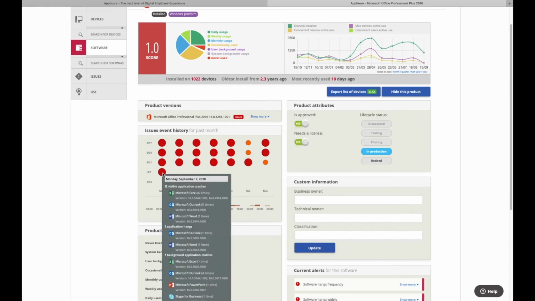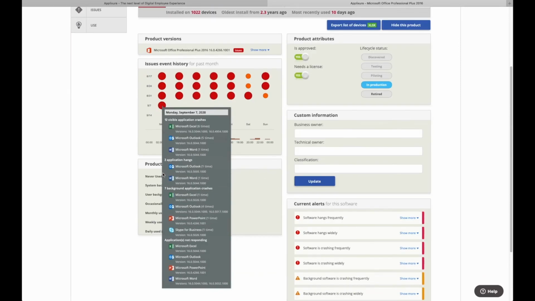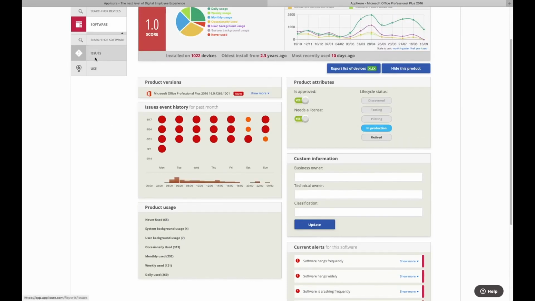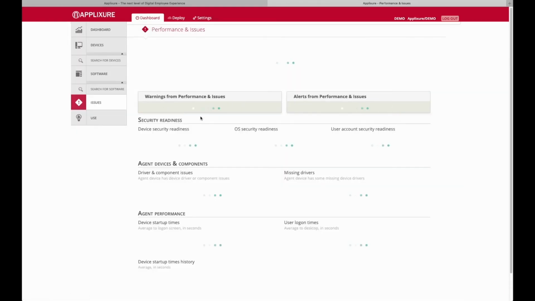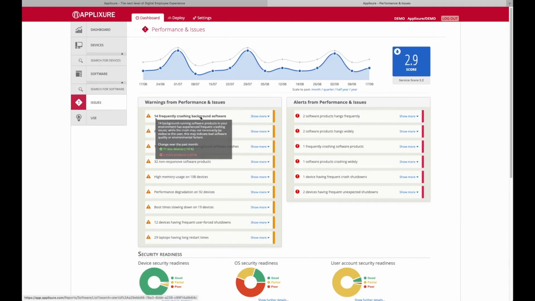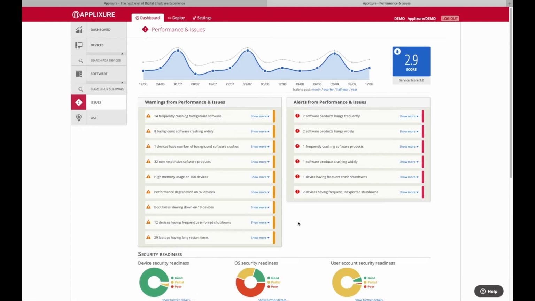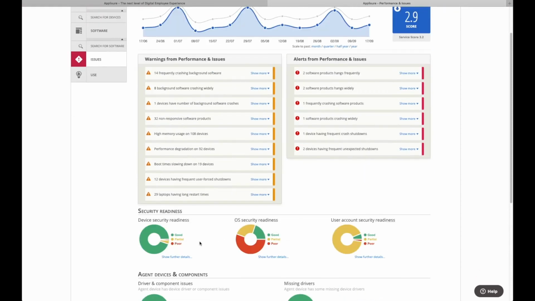So as an example, if we look at September 7th, we can find what issues have been recognized during the day. There are crashes, hangs, and not responding issues, as you can see. If we look then at the issues dashboard, we can find listed all the performance and functional issues in one place. We can also find